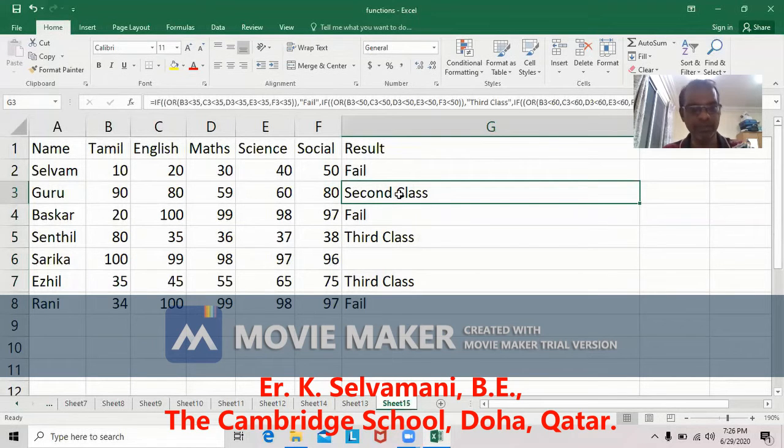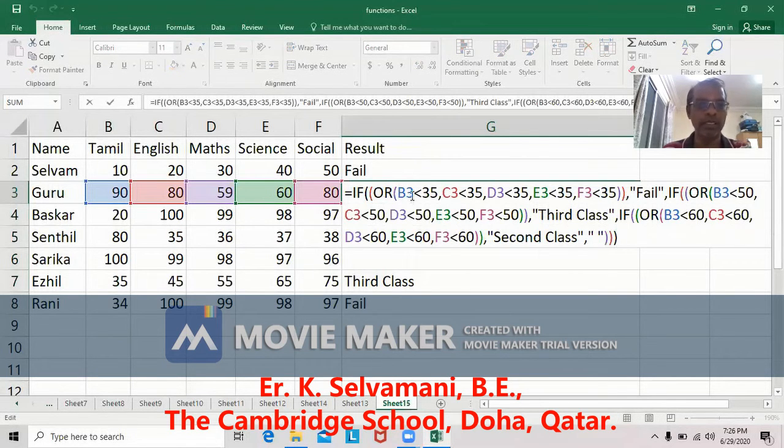How second class comes. Here 90 false, 80 false, 59 false, 60 false, 80 false, all are false. Then it is assumed all the marks are more than or equal to 35. Then it comes here. 90 false, 80 false, 59 false, 60 false, 80 false. All are false. Then it is assumed all the subjects' marks are more than 59. Then it comes here.